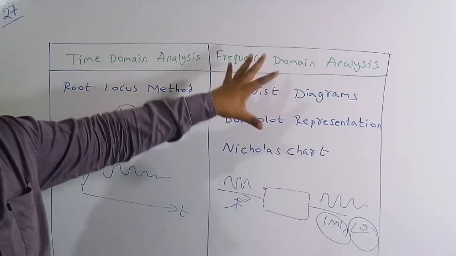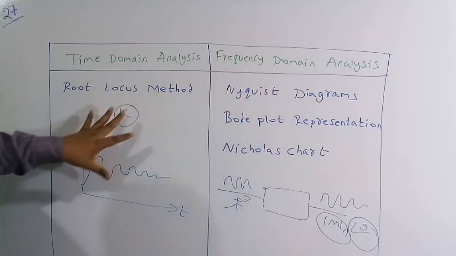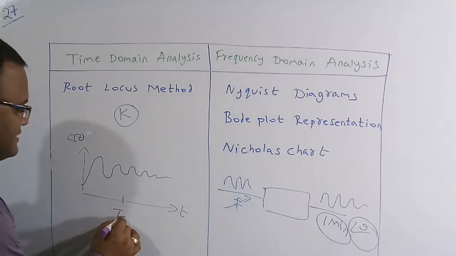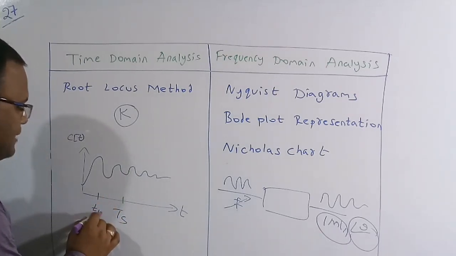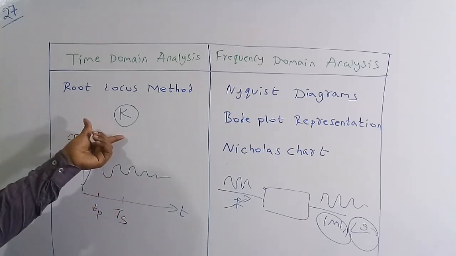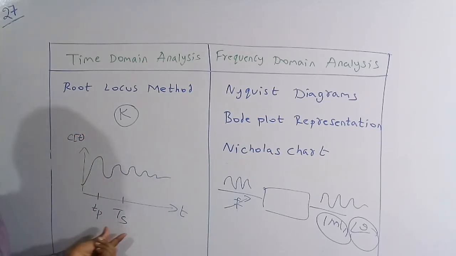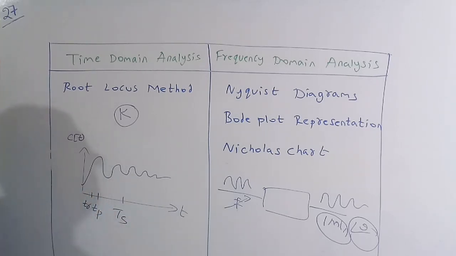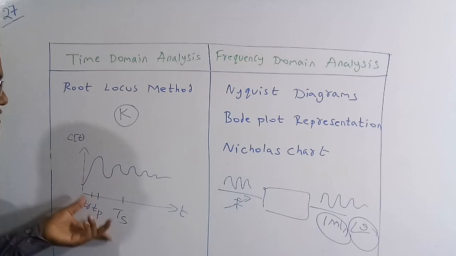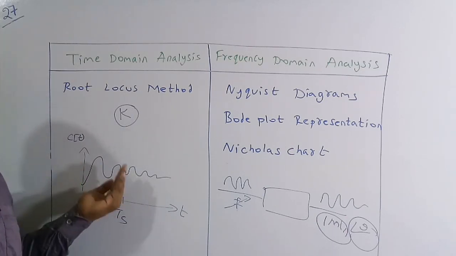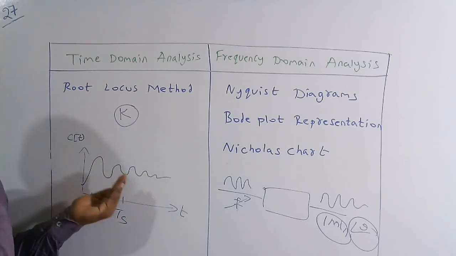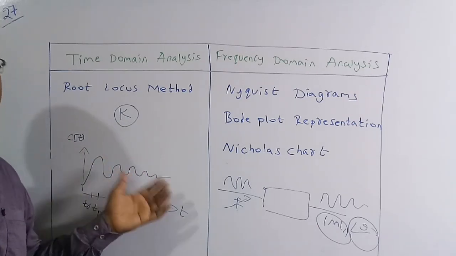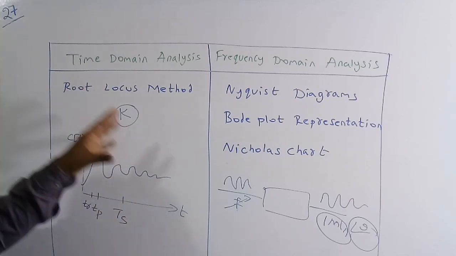So these are the conditions which are required for the frequency domain methods. In the time domain, we can figure out the time constant of the system, settling time, and the peak overshoot, all these things. With the help of root locus, we can figure out the settling time, the peak time, and the rise time easily. By using this, we can get at what time the system is going to settle, at what time we are going to get the rise time, at what time we are going to get the first peak overshoot, second overshoot, all these things with the help of the root locus diagram.